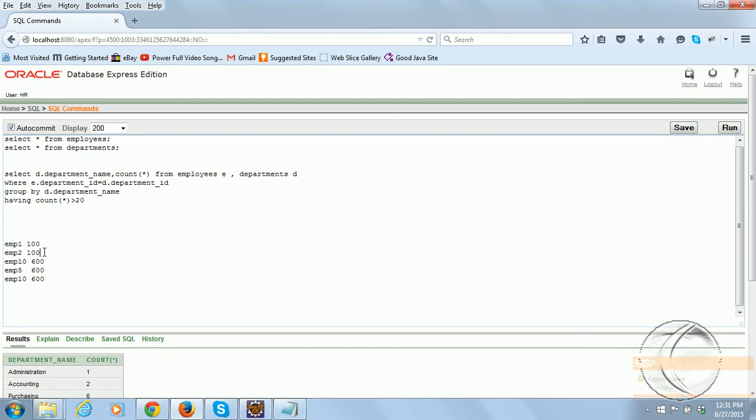Like there are 2 employees in this department, 3 employees in department 600. Now when you add having count star greater than 20, Oracle will filter and give those groups which have more than 20 employees. It will see how many in this department, 2, so this group won't be considered at all.